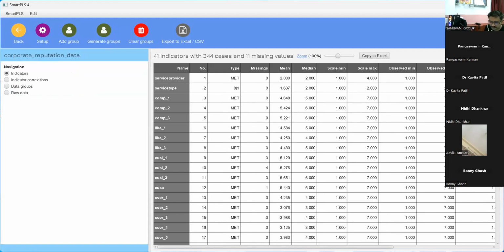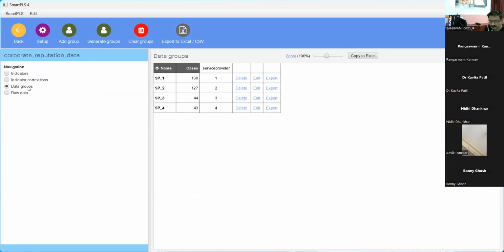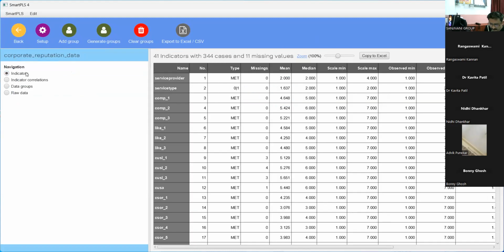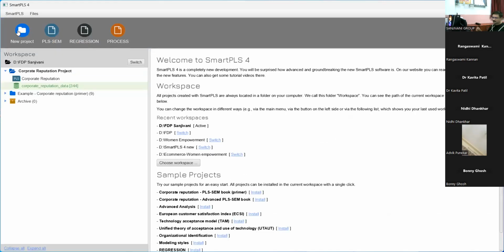So you see, this was the data which was imported yesterday, and we made the changes. We also created the group, which was the service provider. Four categories were there, and that is what was created yesterday at the end. So we shall proceed from there, and we will create the